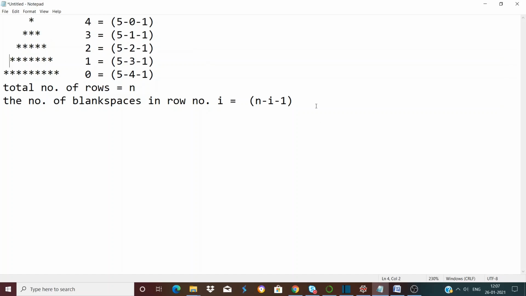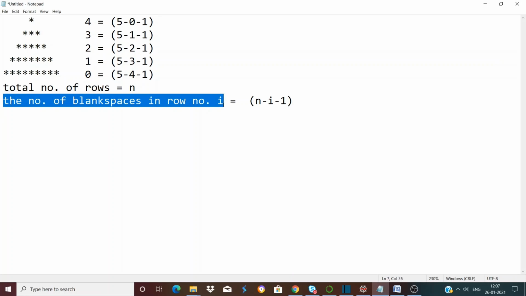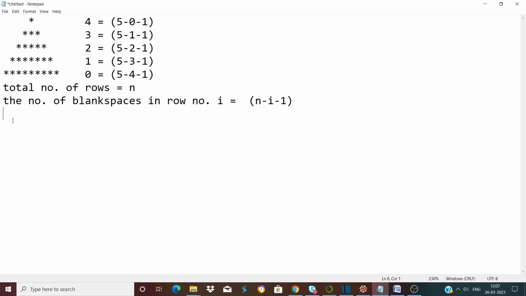So we have to determine the formula for the number of columns in the ith row as well. So the total number of columns or elements in row number I is equal to, what can we write?